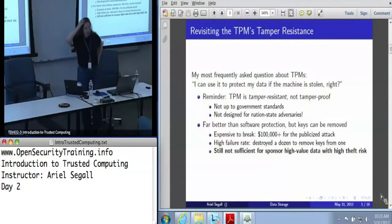So the most frequent question I get about TPMs when it comes to data protection is, can I use it to protect my data when my machine gets stolen? Whether the answer to that is yes or no depends entirely on what your threat model is. The TPM is tamper-resistant, not tamper-proof. Governments tend to have standards about tamper resistance, and the TPM is not designed to stand up against a nation state that wants to get into your computer. However, it is great against your local thief who did a smash and grab job, because